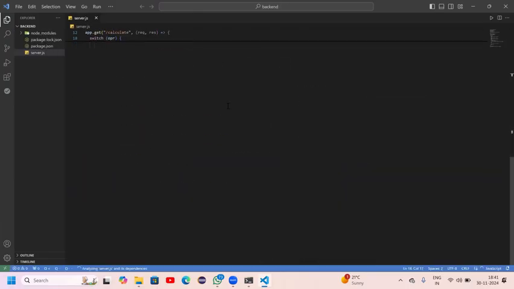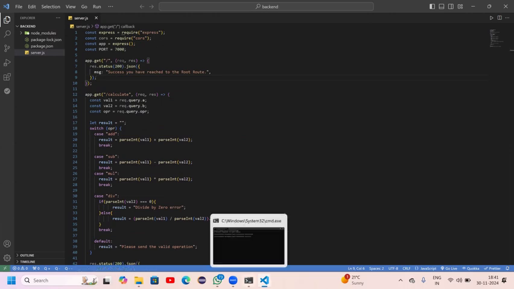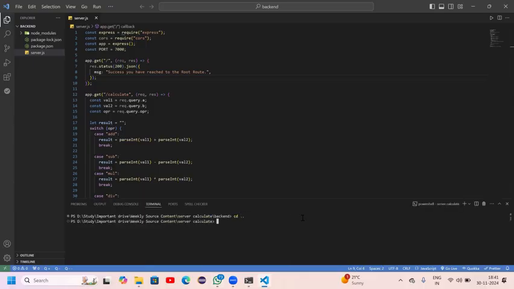This is a backend folder, and inside this backend folder, you can see the main file is the server.js file. Okay, and this is the server code. And I will show you the front end folder also, cd .. and then